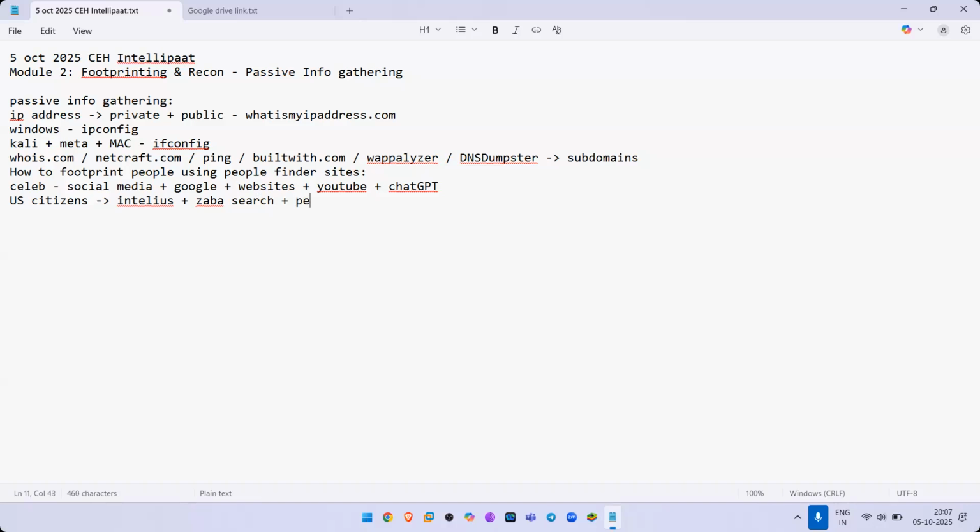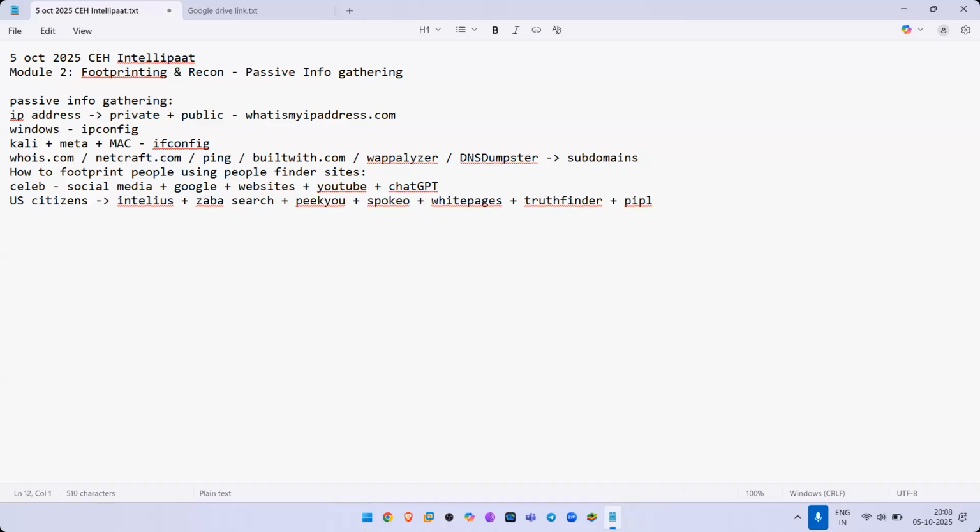We have Zabasearch, we have Spokeo, White Pages, then we have TruthFinder, we have PIPL, People website, and there are so many other websites.